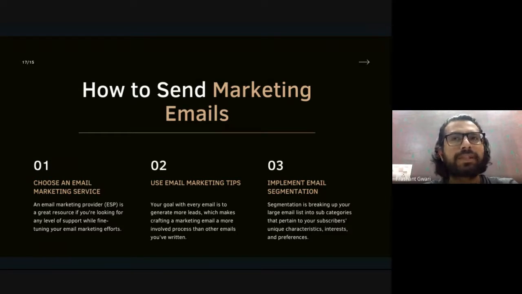So small businesses that don't have a big database of email IDs can use the free access plan of their email marketing tools. But big companies, or those who are generating hundreds of leads every single day, need a tool where they can send around 50,000, 60,000, maybe 1 lakh emails every single day. For that, you need to buy their premium plan.